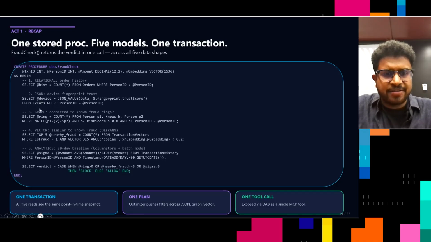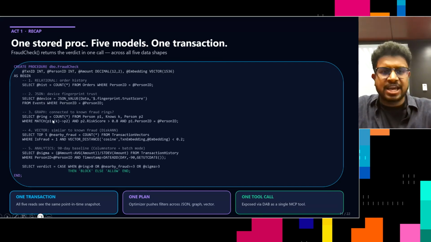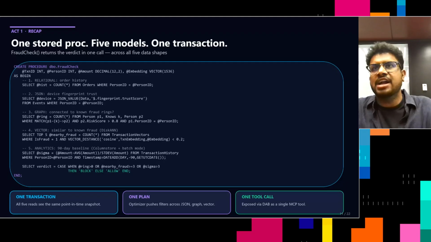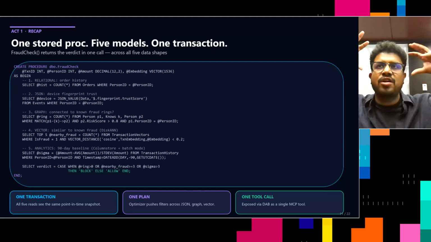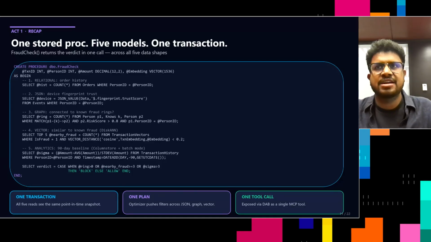And then you got the device footprint from JSON, just using JSON value, and then you said, okay, for this, can you give me the match for a risk score greater than 0.8, and then find the similar transactions of that in the vector table and give a 90-day baseline on top of it. And I can write all of it in a single stored procedure and execute that,